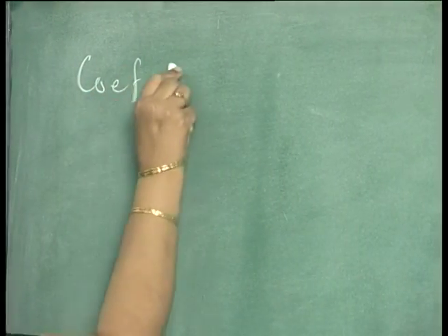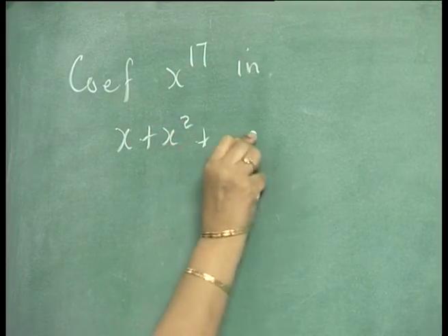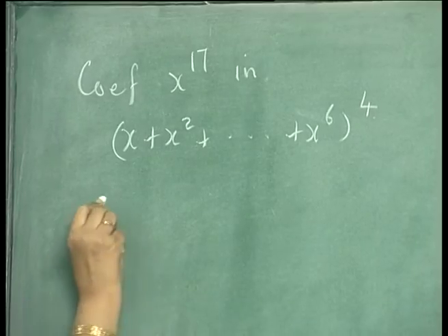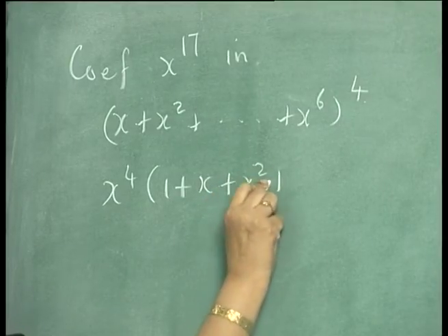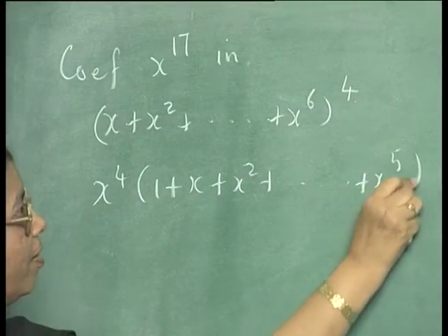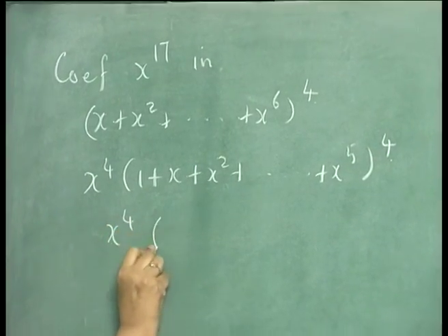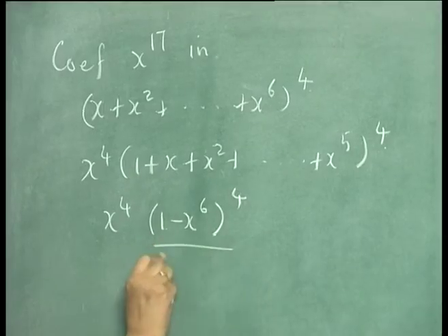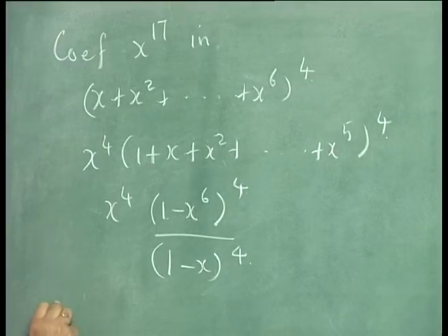So, we have to find the coefficient of x power 17 in (x plus x squared plus ... plus x power 6) power 4. So, this we can write as x power 4 into (1 plus x plus x squared plus ... plus x power 5) to the power of 4, and this is a geometric series. So, this you can write as x power 4 into (1 minus x power 6) to the power of 4 by (1 minus x) to the power of 4. So, in essence you have to find